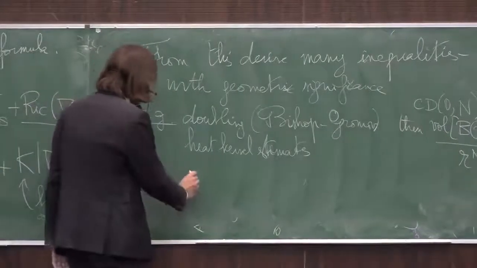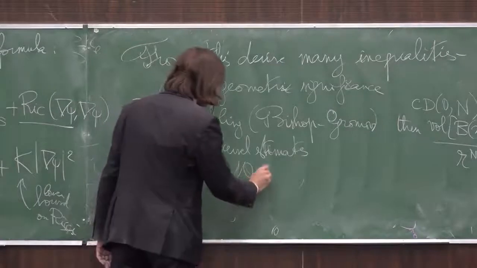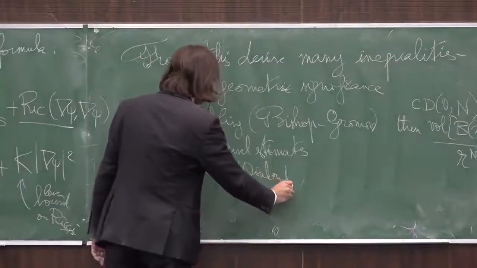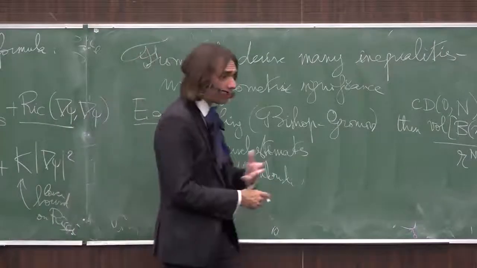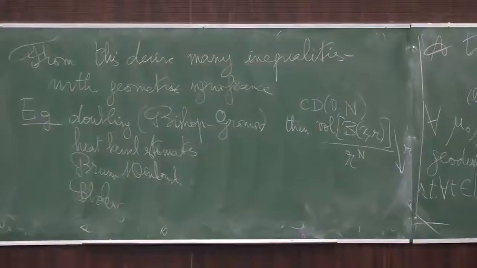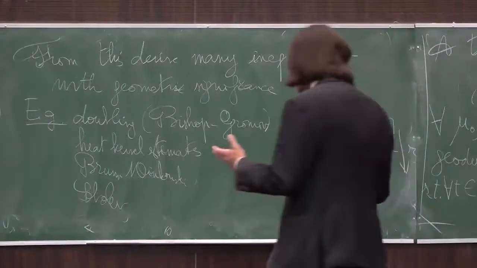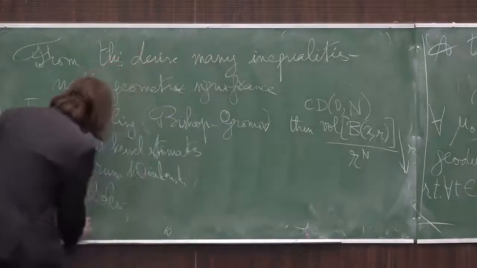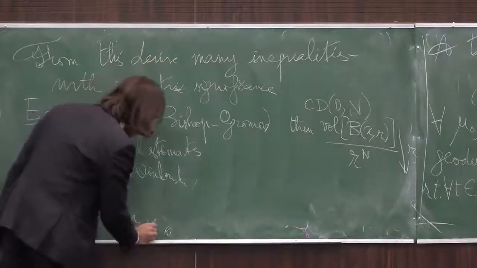But also Brunn-Minkowski type inequalities. But also Sobolev inequalities. Sobolev inequalities in curved geometry involve constants which depend on Ricci curvature. But also isoperimetric inequalities, like the Levy-Gromov isoperimetric inequalities,